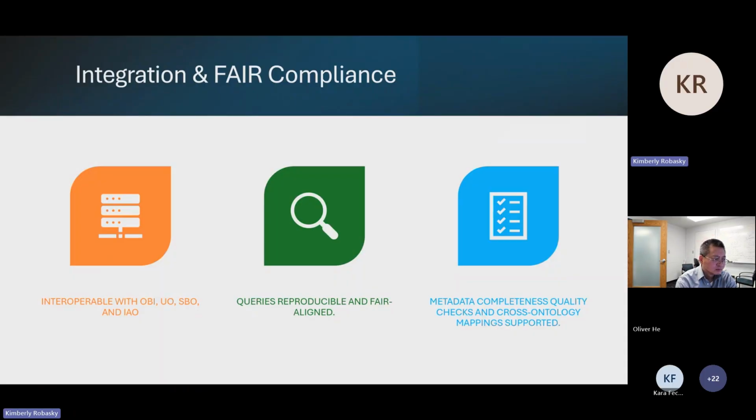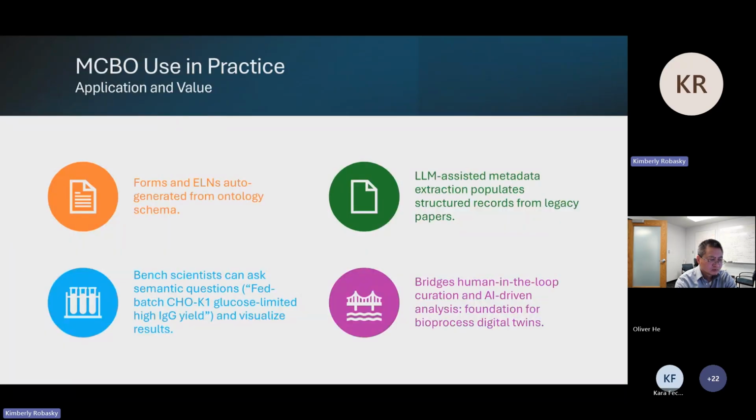MICBO aligns the OBI, UO, SBO, and IAO ontologies. We're using units, process types, and metadata conventions. This makes the data FAIR: findable, accessible, interoperable, reusable. And the data harmonized under MICBO can be automatically checked for completeness, linked to external ontologies, and exposed to AI pipelines and web APIs,